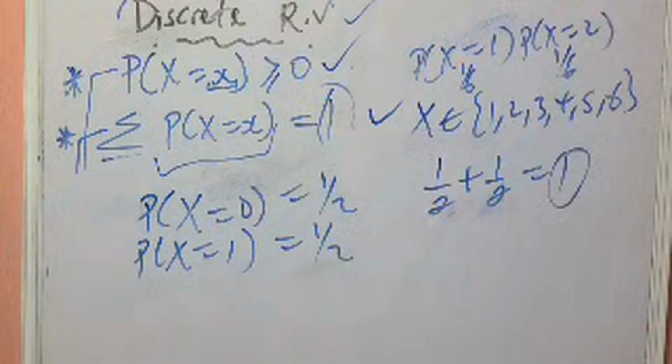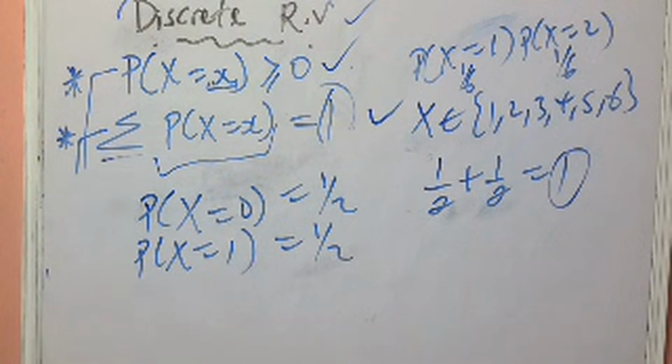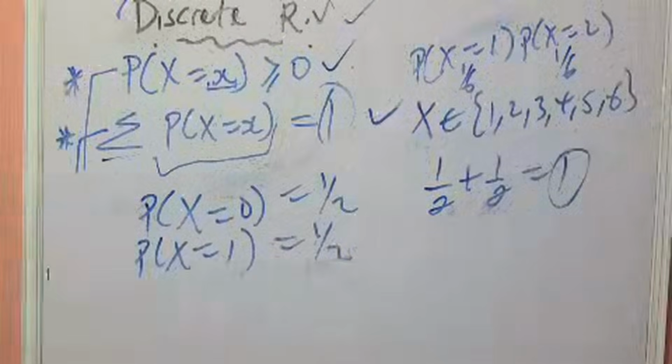This is not the same thing for a continuous one, but for a discrete one, this is it. So guys, this is where we're going to stop for today. I just needed to introduce this to you: discrete random variable. Continuous random variable is also quite similar, but not the same thing. So, just to recap,